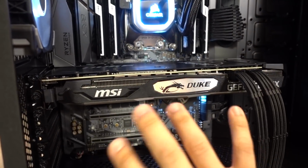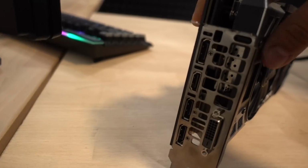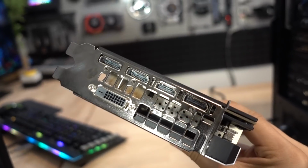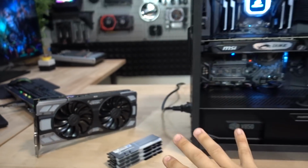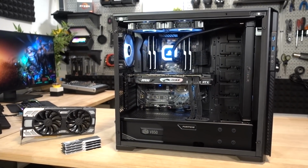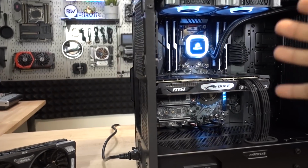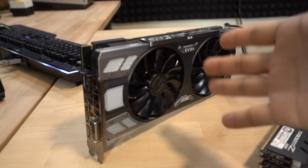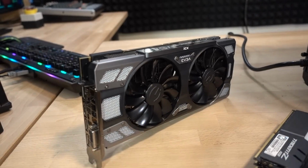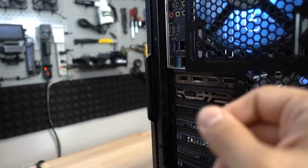The GPU was kind of an oddball thing because I completely forgot that this GPU's only HDMI port on the back does not work. And Trig has informed me that he's editing currently on his TV at home. He's been using it apparently for a while, and he enjoys doing it that way. So I wanted to give him the option to have native HDMI on the back. Of course, he could use an adapter with something like this, but in my experience, adapters are kind of a pain in the butt. They don't always work properly, and even when they do, they put a lot of unnecessary